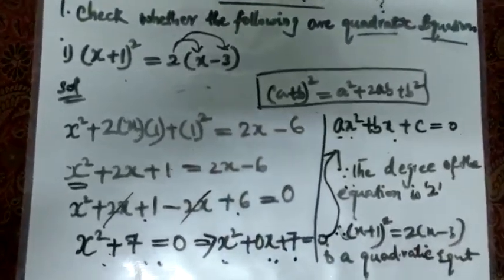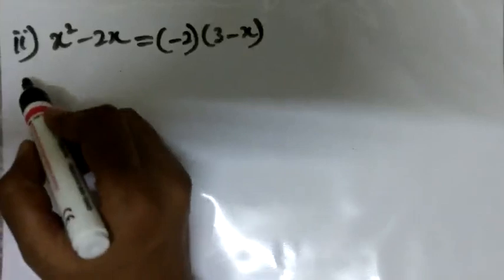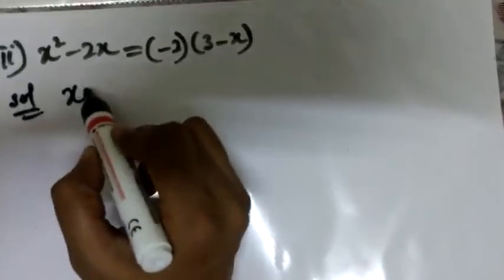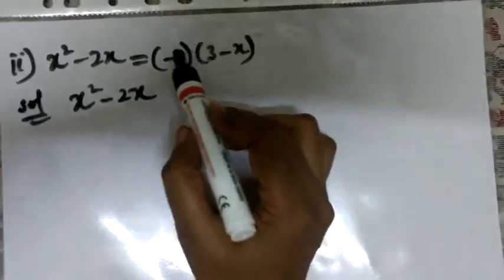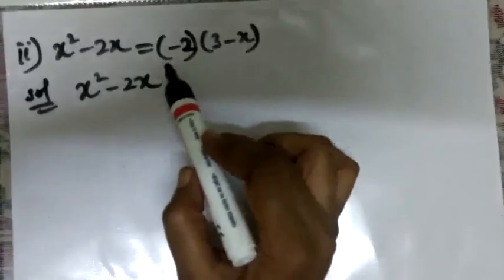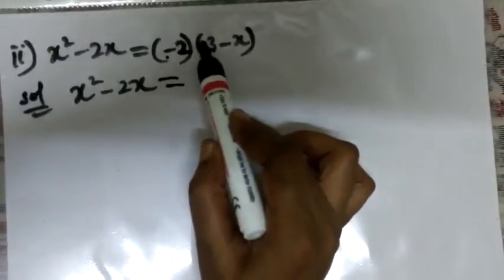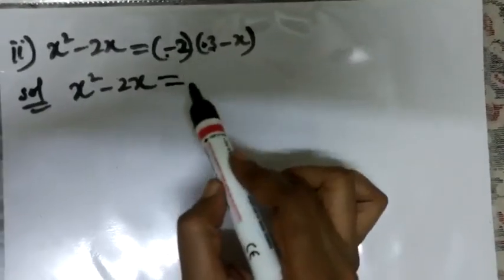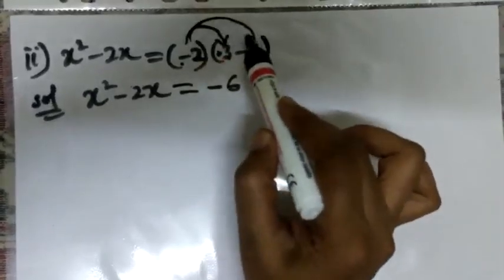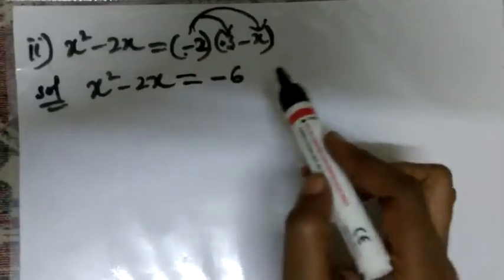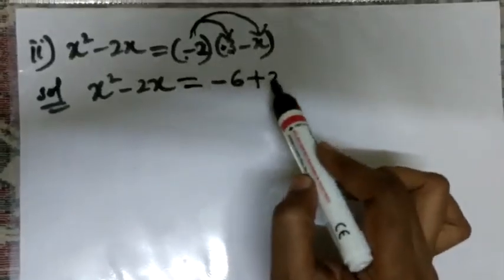So now let's go to question number 1 only, second bit. Now let's do question number 1, second bit. Now here you can see there is no need of any identity. They are just simple variables. So simply let's try to open the brackets, whatever is given to us. Minus 3, and of course this is minus 2, minus 2 into 3. So equals to minus into plus, there is no sign, it means that it is plus, minus into plus, minus 2 3s are 6. With minus 2, we have to do all the variables present in the bracket. So minus into minus, plus 2 into x, 2x.